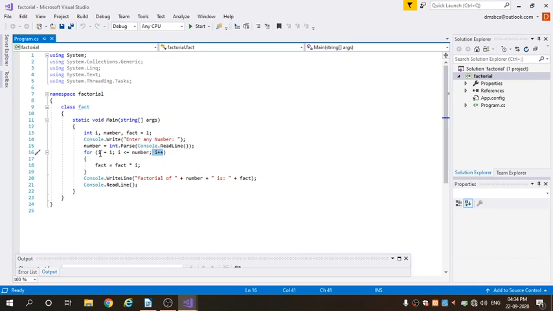Here for in bracket, i is initialized to 1, i is less than or equal to number, and i plus plus in the for loop. This is our block of code and if this condition is true, it executes this code: fact is equal to fact into i.